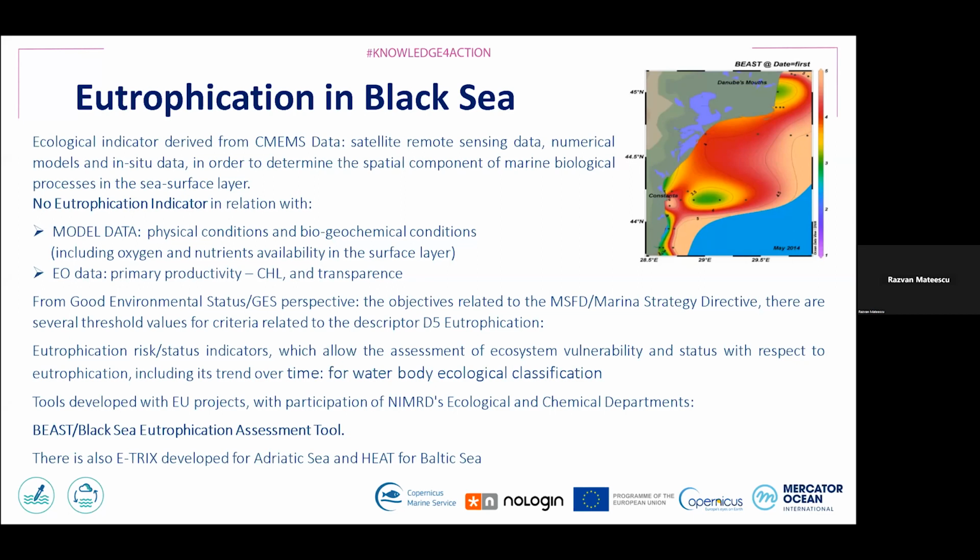And also you can approach specific assessment tools in your area. We can mention here, for the Adriatic and for the Baltic, two of these eutrophication assessment tools. Also in the Black Sea, such